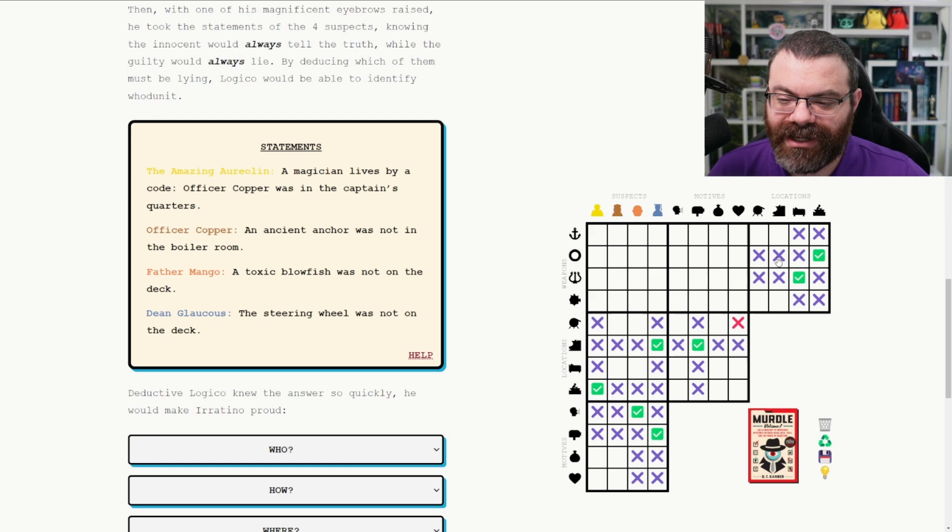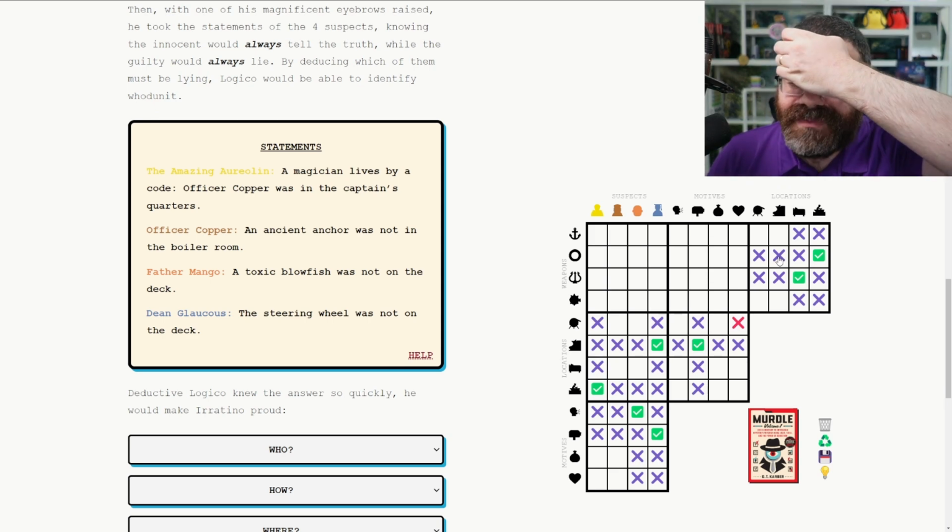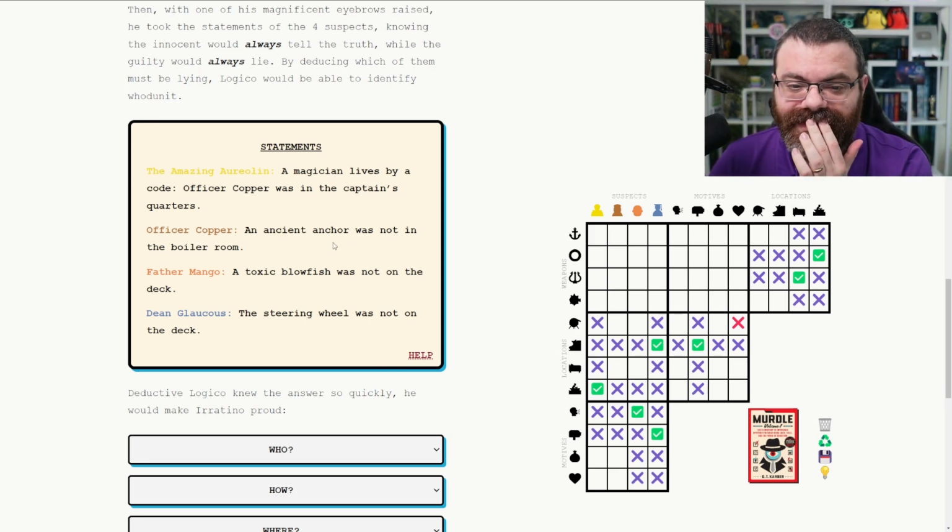Okay, so we know Dean Glaucius was not the murderer, because he's telling the truth. So that's all I figured out so far. So let's see if there's any contradictions between these three. So if the ancient anchor...